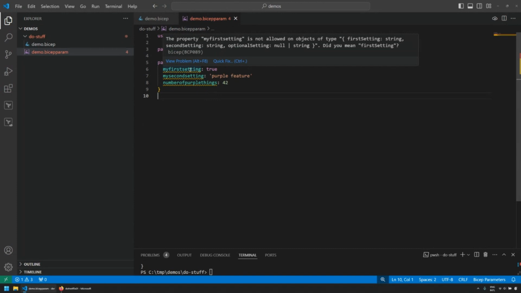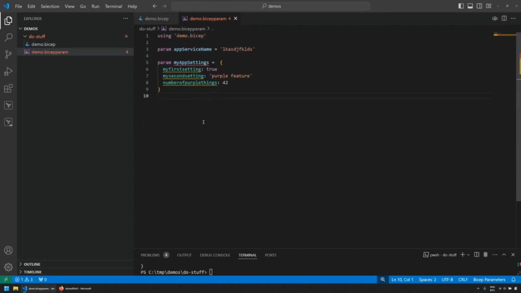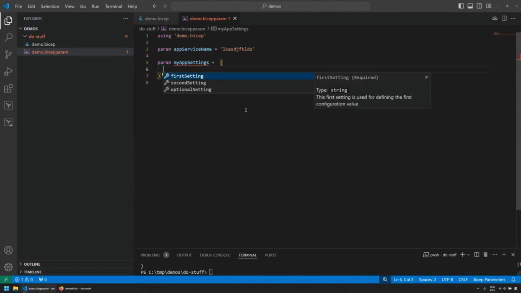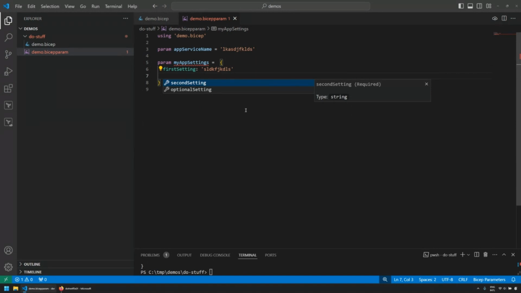I get a warning saying, hey, you're now specifying keys here that are not part of the declaration of your MyAppSettings type. And even better, if I remove them, I get tab completion once again. So now, when somebody needs to change this file 6 months later, they get tab completion helping them provide the correct values for the different keys in the entry. So those are user-defined types. I think a great addition if you're working with larger infrastructures that span multiple files and that you're working on with multiple team members.